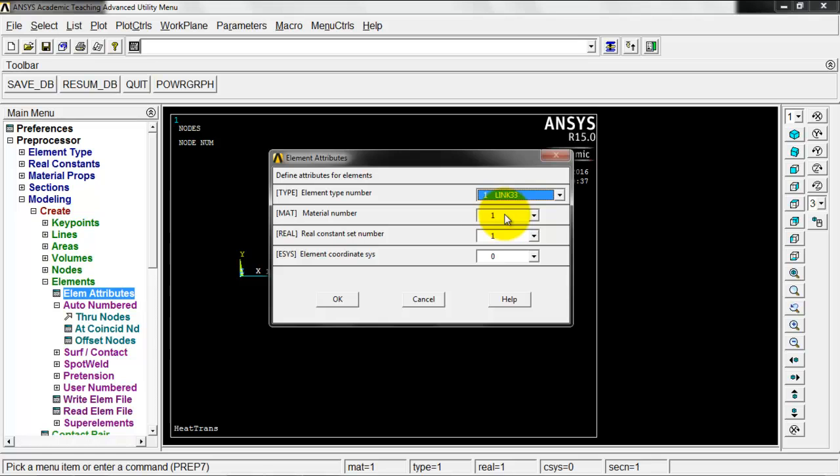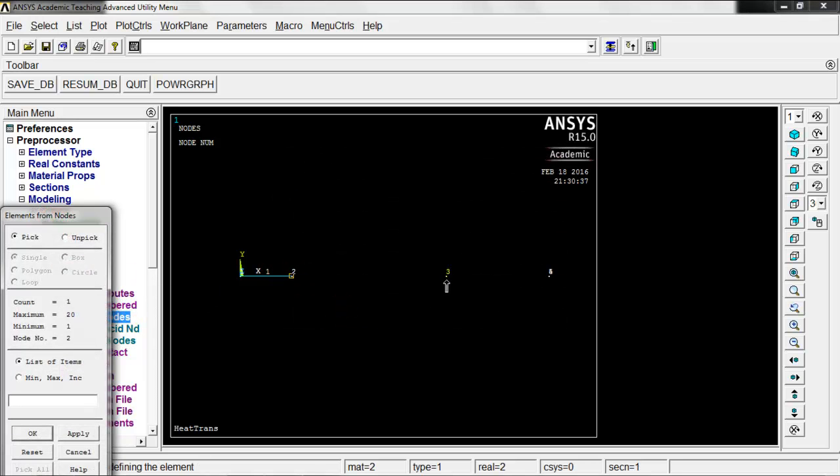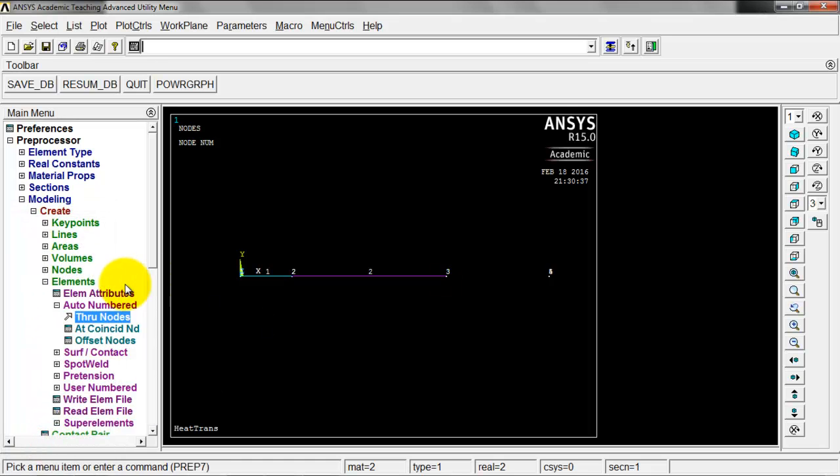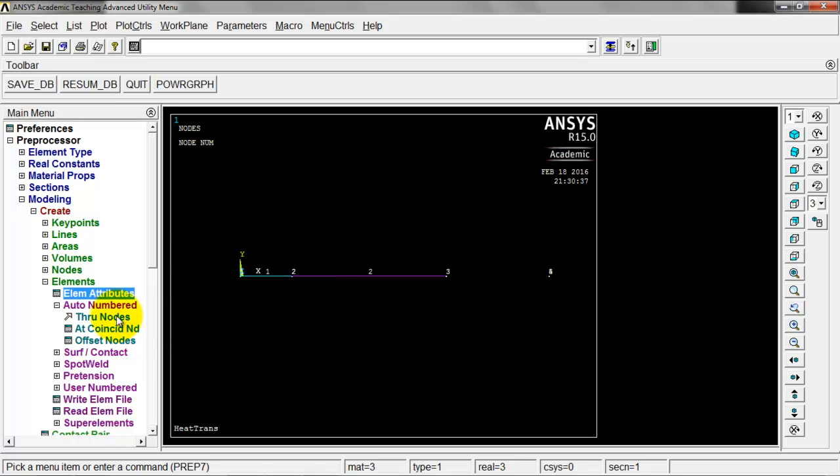So then let's go to element 2, and we want element 2 to be material 2. So we get that conduction coefficient, and just for getting things to work properly, we'll do real constant 2. So click OK, and auto number through nodes, and go 2 to 3, and middle click, and OK. Go to element attributes, we'll go up to material 3, real constant 3, and OK, and auto number through nodes,